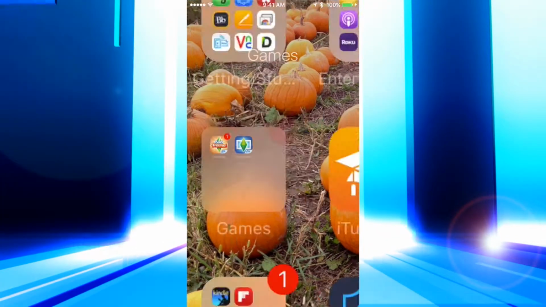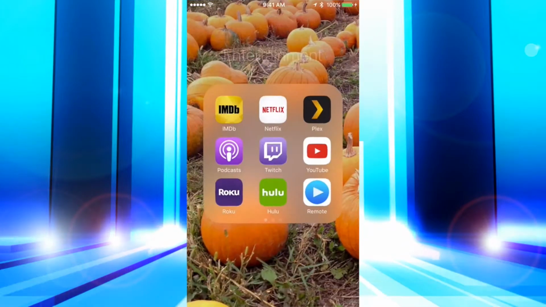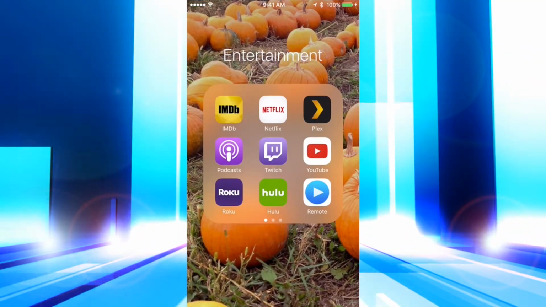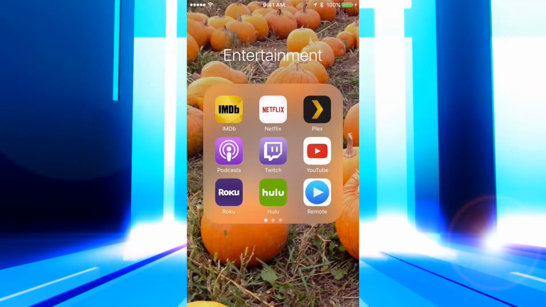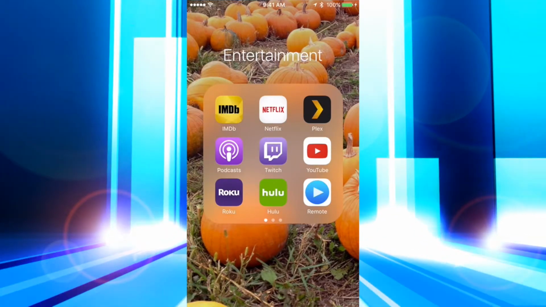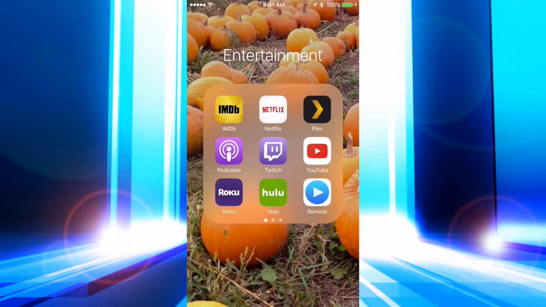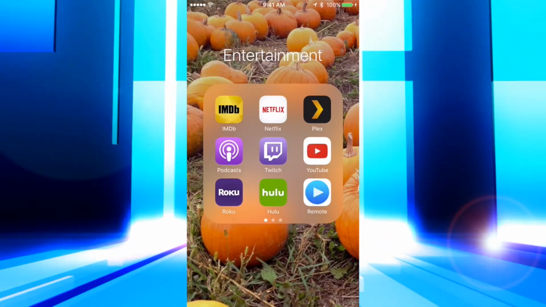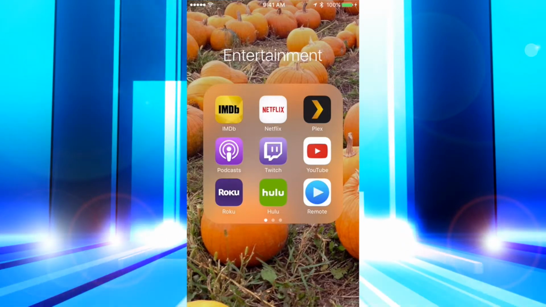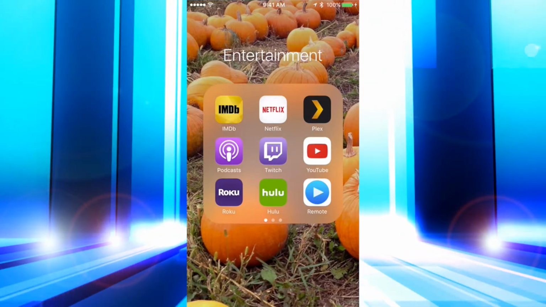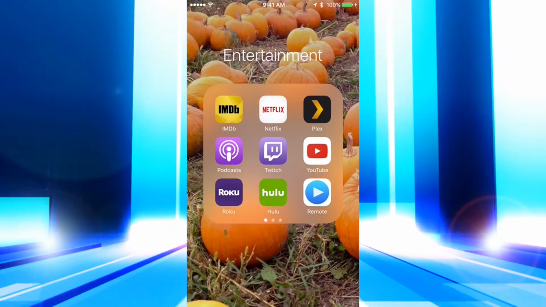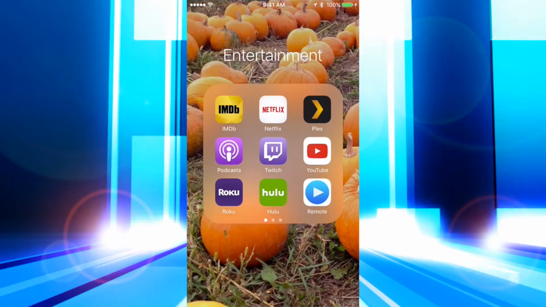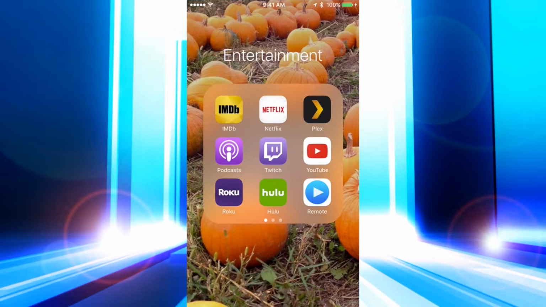Let's see. Entertainment wise, I have some standard stuff. I have Netflix, YouTube. I also have remote apps in here because I consider them entertainment, because they help, like the Roku app and the Apple TV remote app. I also have Twitch, podcasts,